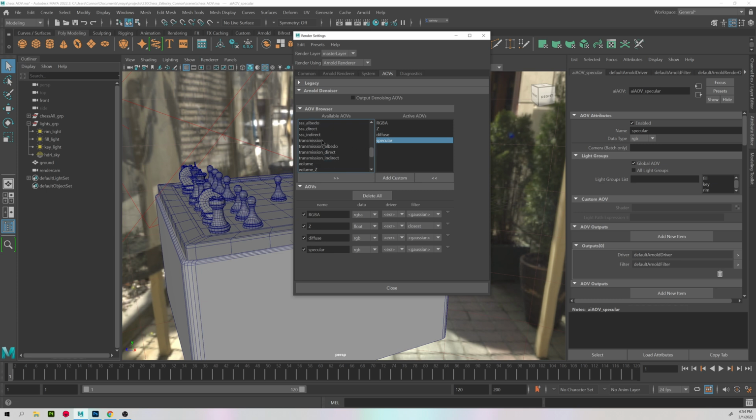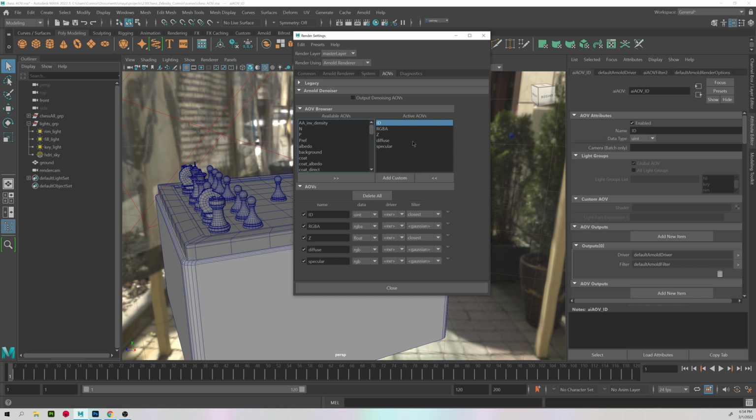If you have glass, you'll have your transmission. And everything else is okay as it is. However, I'm going to add ID as well. And we also want an ambient occlusion, and there isn't actually an ambient occlusion render. There are two ways we could do it. We could go up to the debug shading and just save out an ambient occlusion pass, but we're going to